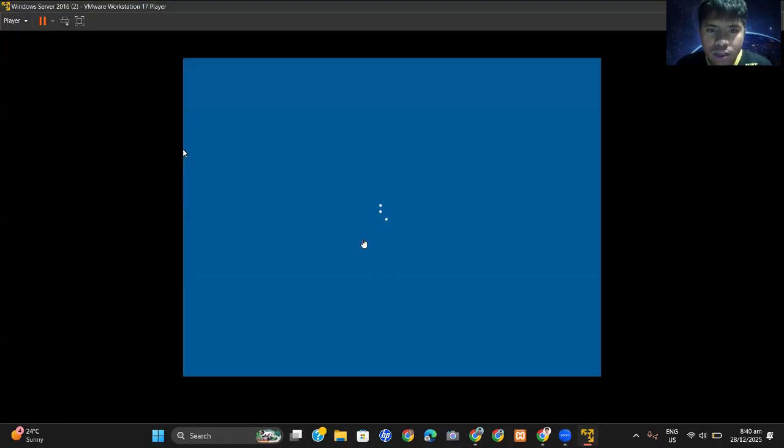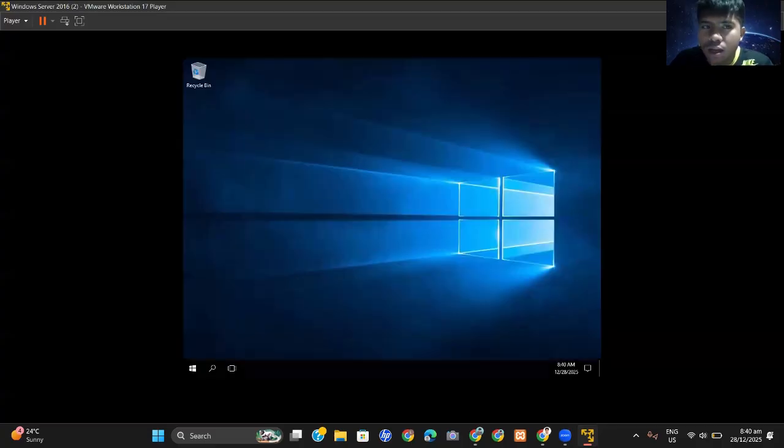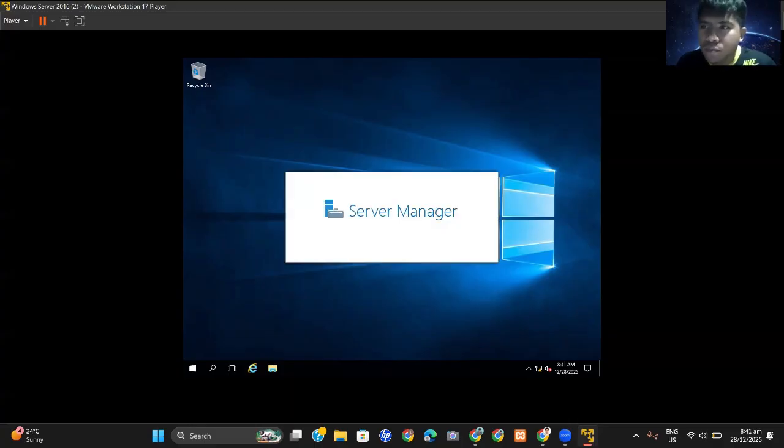So we need to click here. Then in the administrator part we need to type the password, 2025. So you can check it again, so you can see it visually. Then enter the password. So you have successfully logged in. As you can see, by default it opens the Server Manager. So just wait for the moment to see the Server Manager here.